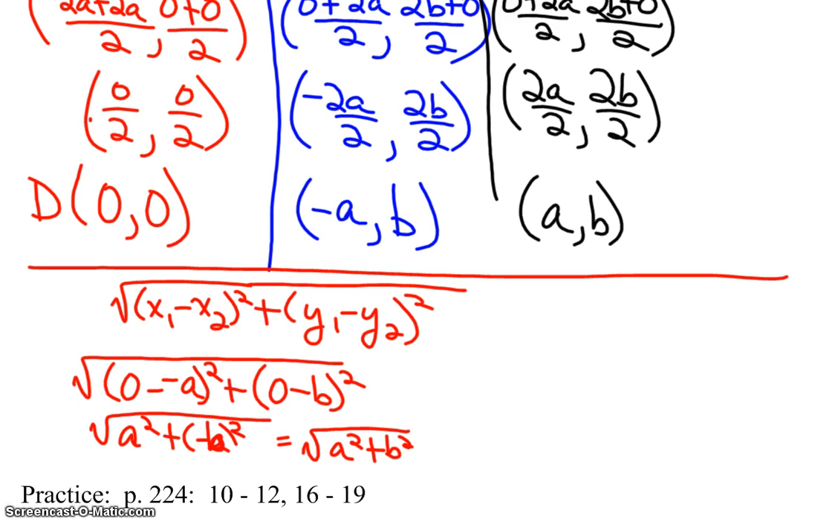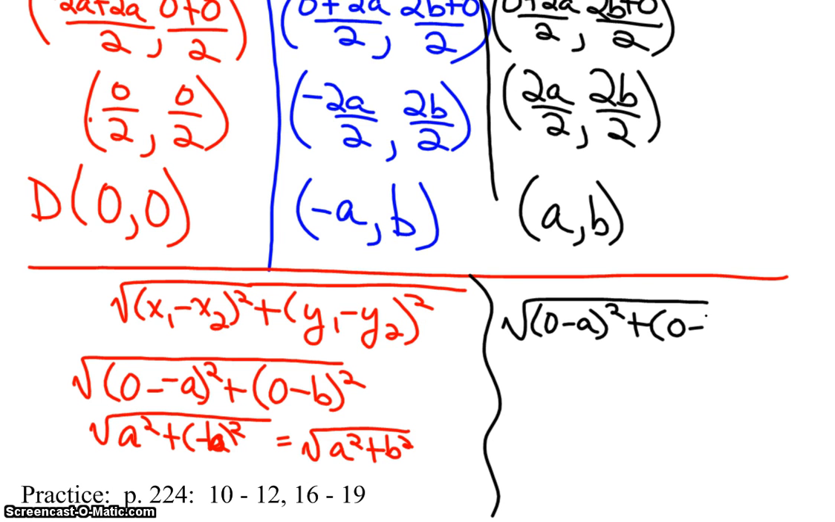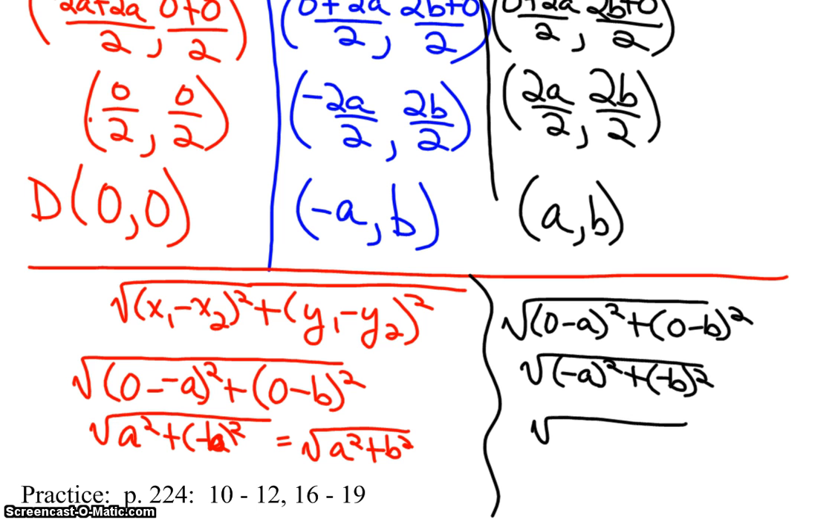So now it's time to look at the black points together with the red points, and that's going to be the square root of (0 minus a) squared plus (0 minus b) squared. So that's the square root of (-a) squared plus (-b) squared. Remember, when we square a negative, it's a positive, so I get the square root of a squared plus b squared. I compare the two things. They are equal. I have proved that this triangle is isosceles. This concludes today's